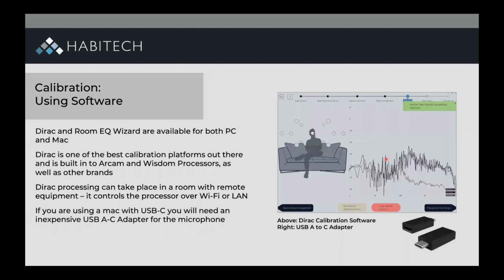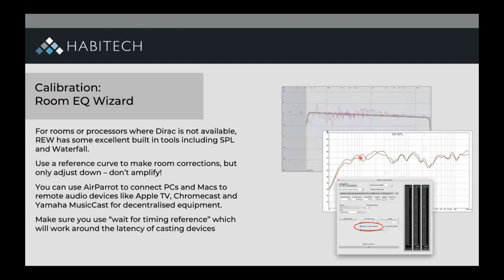So just to go through, on the right-hand side of this image, you can see where in Dirac you can choose the seating position, and it takes measurements according to how you've chosen your arrangement in various points around the listener, so that it can measure the room acoustics and level out that curve to meet the ideal for the human ear. You can do the same with Room EQ Wizard, but you need a little bit